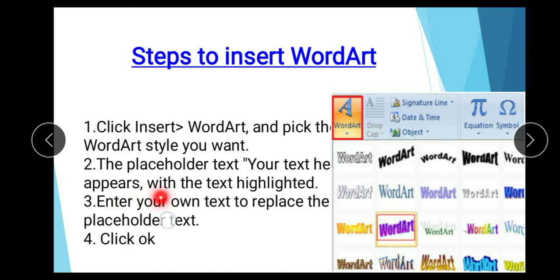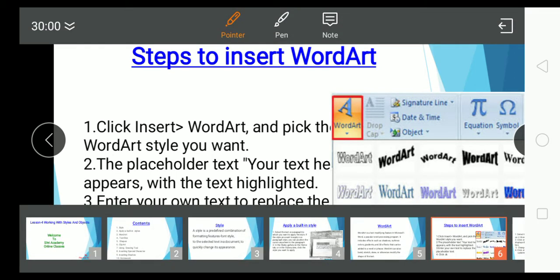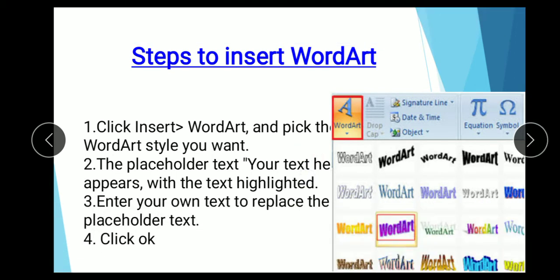Third step, enter your own text to replace the placeholder text. Then you click OK, and the word art is applied to your particular word in your document.